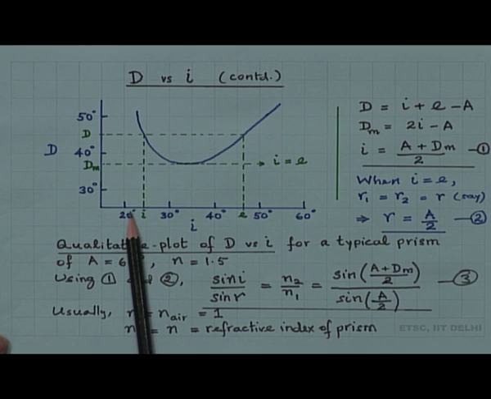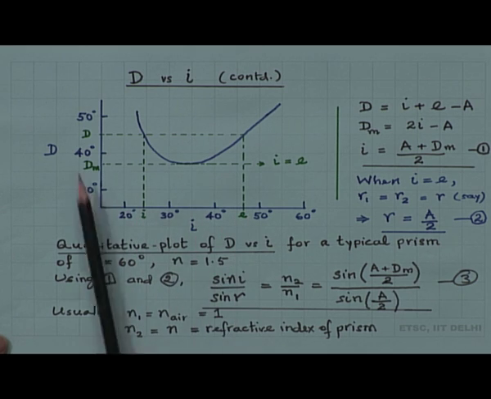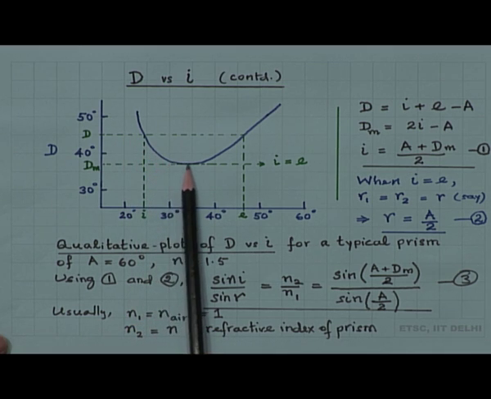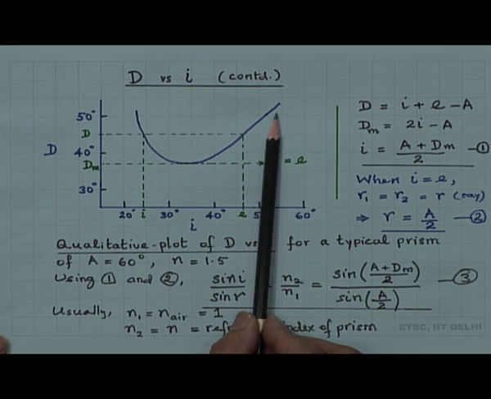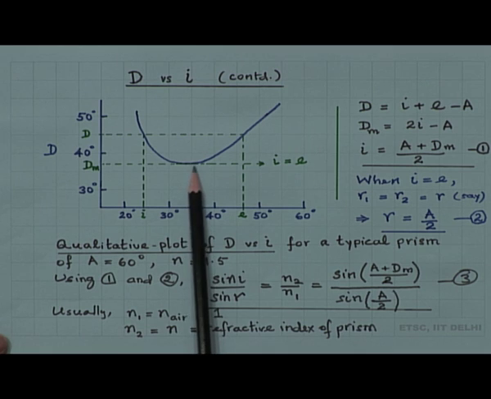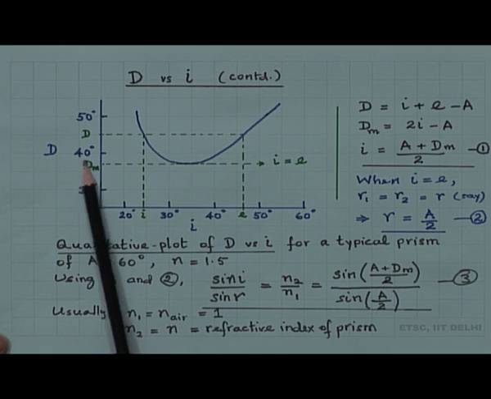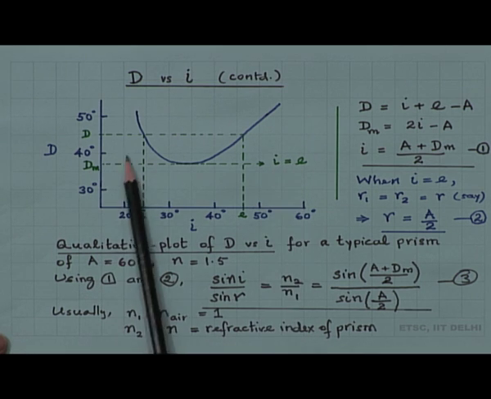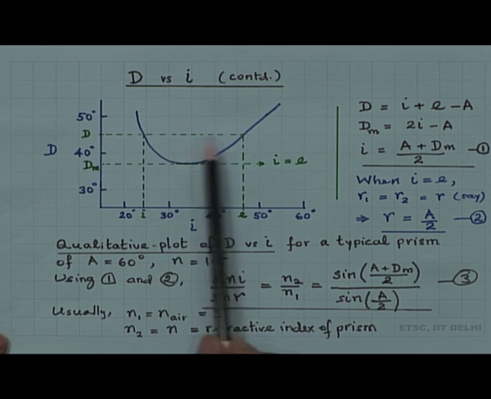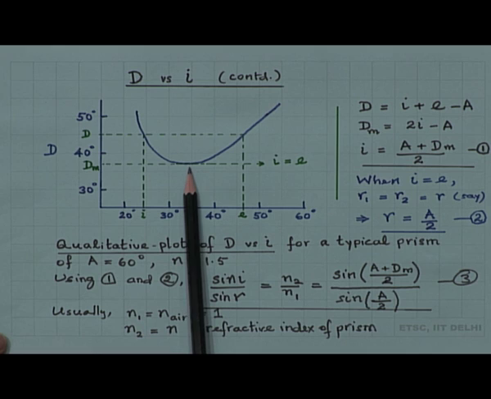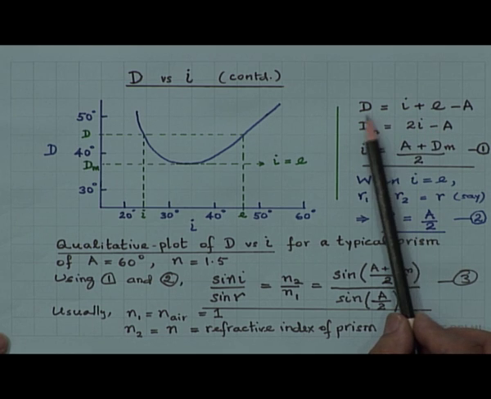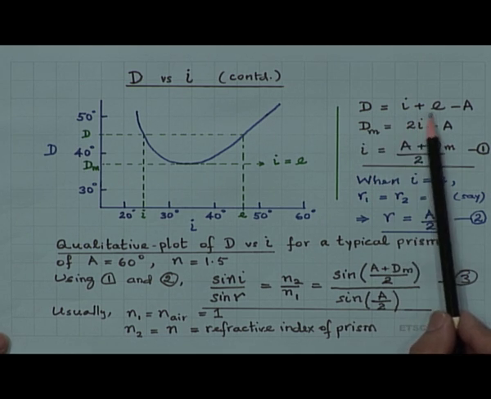If you start from one end and go on increasing I, the angle of deviation will come down initially to a minimum value, and then it will again start increasing. This angle of minimum deviation is designated by dm. The point is, at this value of dm, I is equal to E. For all other values, there are two values of angles of incidence, whereas at the angle of minimum deviation I is equal to E. So, substitute now: D is equal to I plus E minus A,